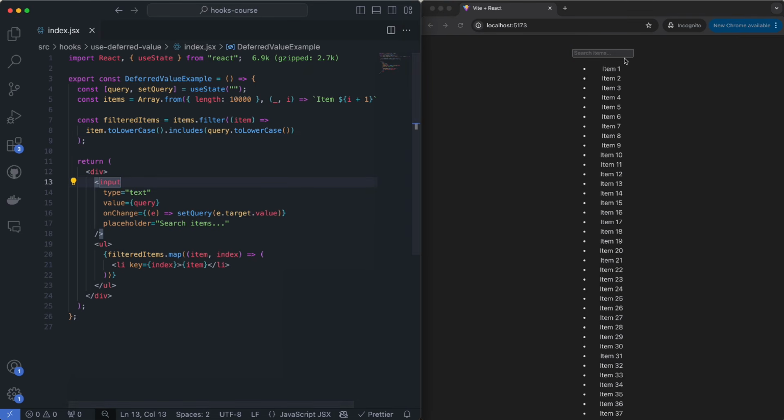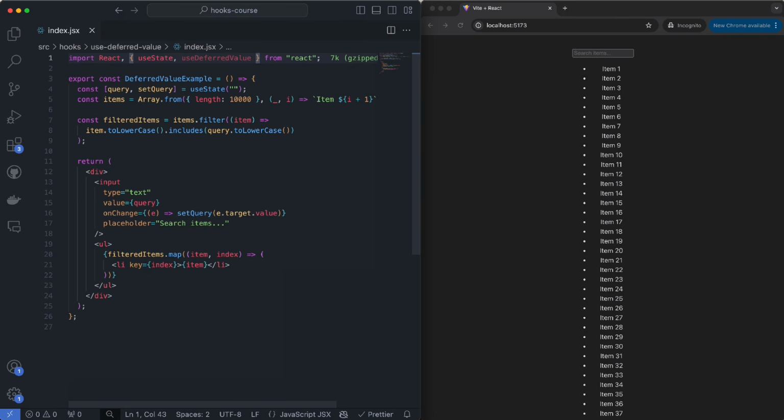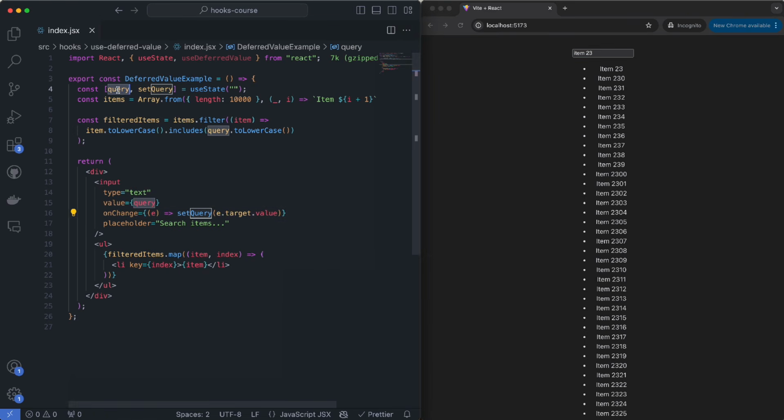So how exactly would we implement it here to make something similar to what we did with the useTransition hook? Well, what we would do is we would say useDeferredValue over here at the top. And then we obviously have right here an input, and we have a query variable. It represents what we're searching here. So this goes to the query state. And then we have this items list, which is the same one as before, and then we filter the list. Now, what I want to do is when we do this calculation here,